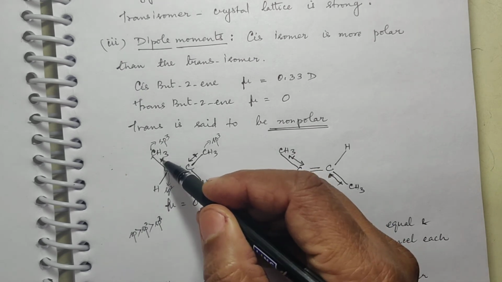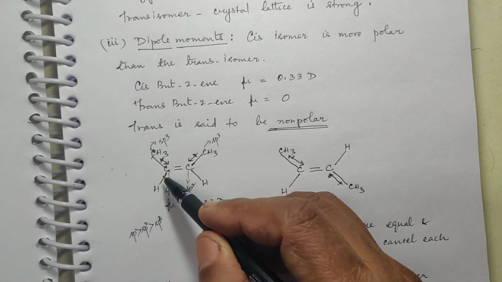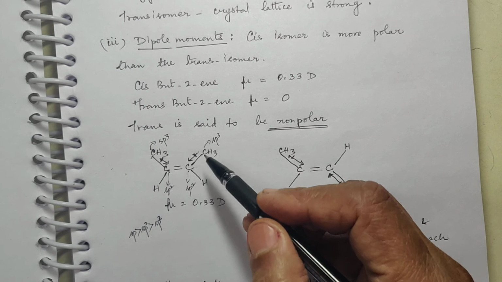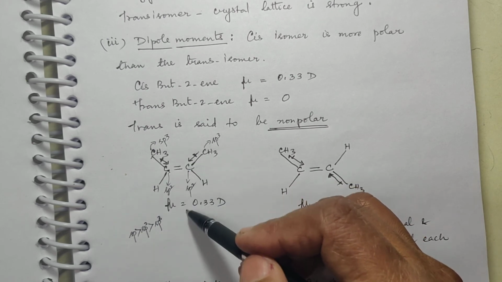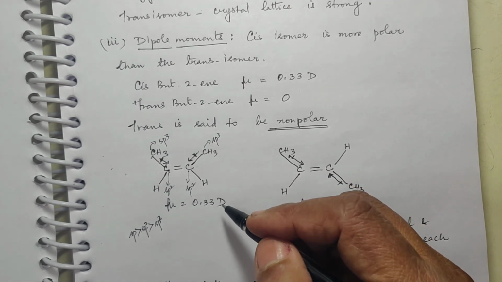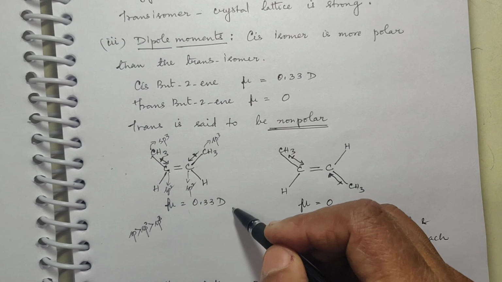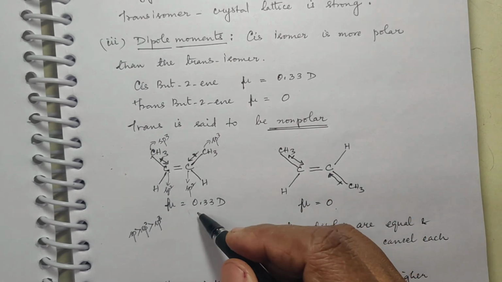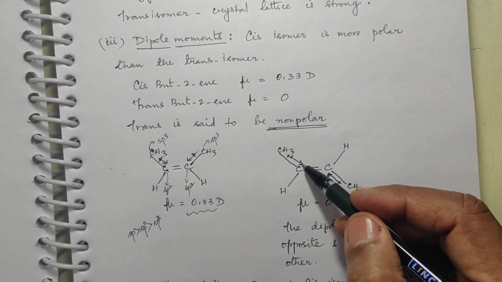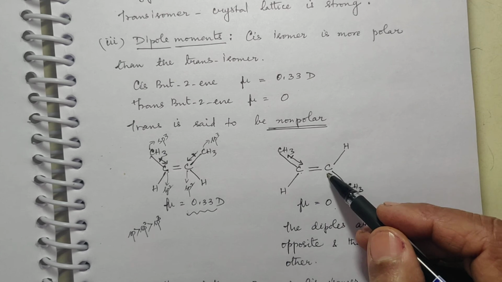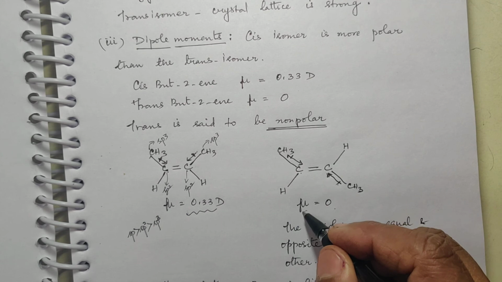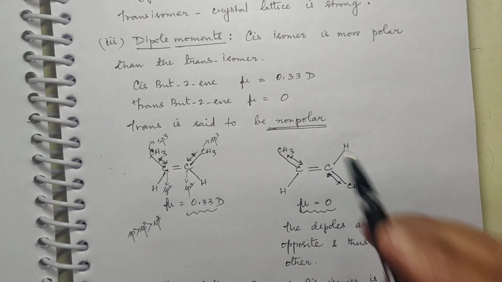So the dipole is shown from CH3 towards the C=C double bond. Same way here also it is shown towards the double bond C, right? So this gives an additive effect. The resultant will be having some polarity, dipole, and that is why you say the dipole of this cis isomer is 0.33. Whereas if you consider trans, now this is towards sp2 and this one is also towards sp2, and since these two are in opposite direction, they will cancel out each other. So mu value has been found to be 0 for trans isomer.